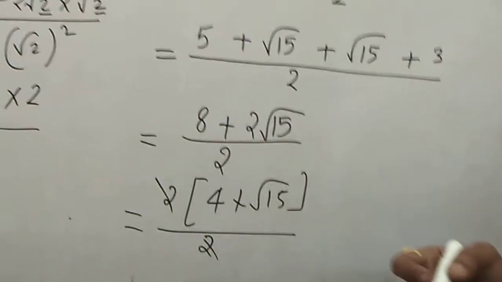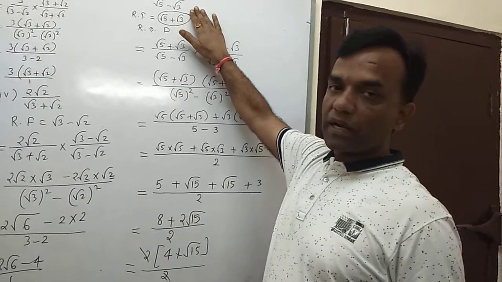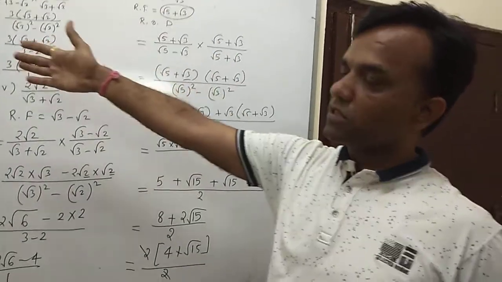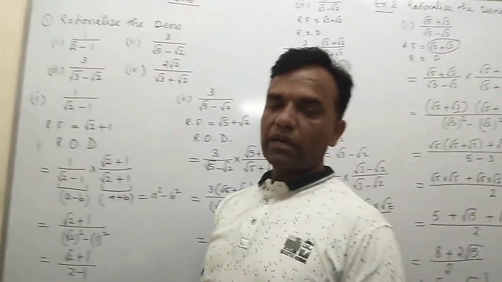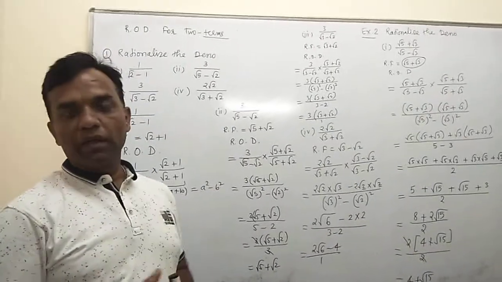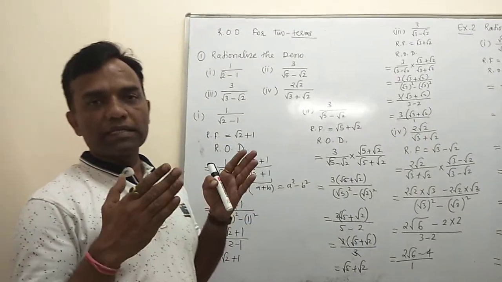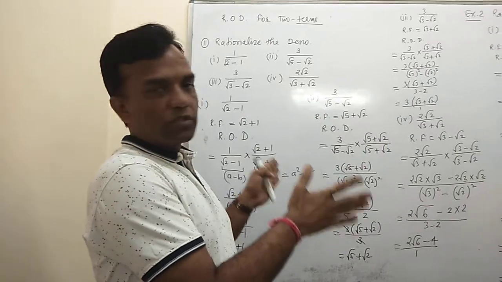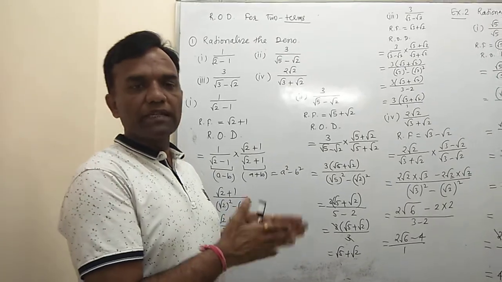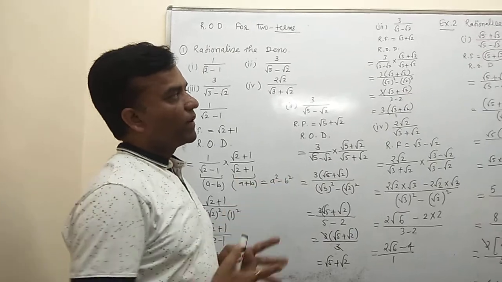Okay, so this is another variety of the questions. Maybe your question is given in the form of rational number upon rational number, maybe different varieties of numbers are given, like the same questions we have here. So they are related: two terms are given in the numerator, two terms are given in the denominator, and then first you find the rationalizing factor. For all the questions, one thing is important, RF, the rationalizing factor. First you find the rationalizing factor, and then you multiply and divide the given number, then you simplify your question.